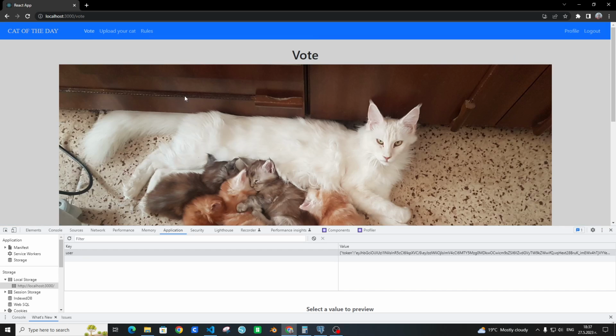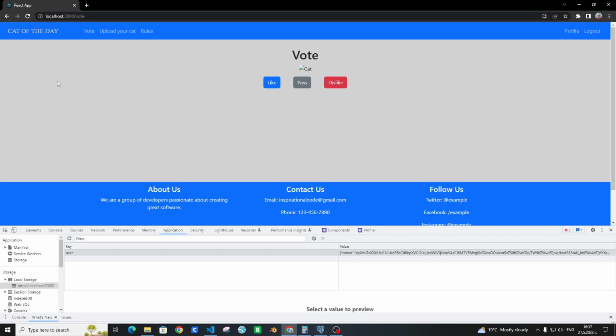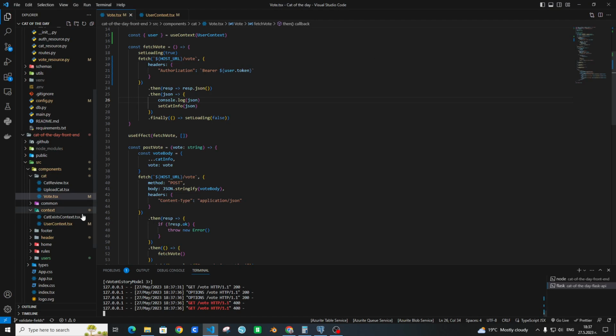And I can get the vote. But I will do another thing. I will reload this page and voila. You can see I'm logged in. The user from the local storage is like this. So I will show in the header.